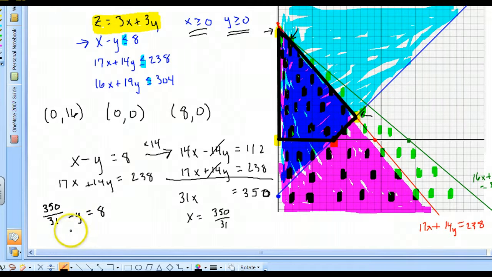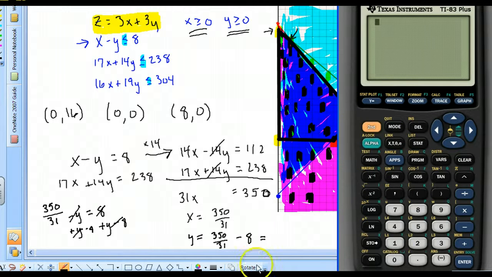I'm going to bring y over and then subtract 8 over. The y cancels here, the 8 cancels here, and I get y equals 350 over 31 minus 8. Which equals, I'm going to do it on the calculator,